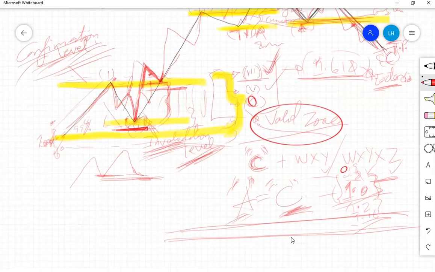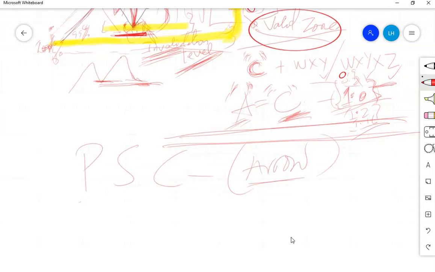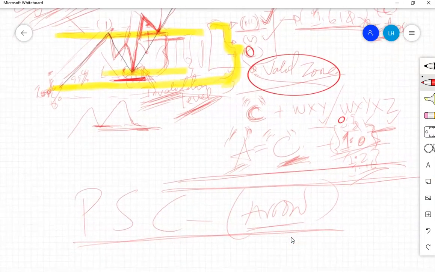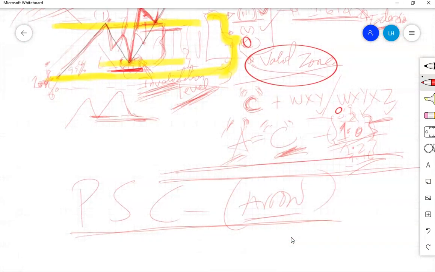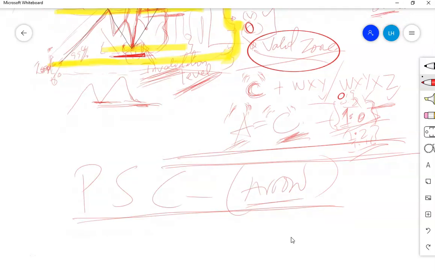So now, based on the PSC strategy, or what we call the arrow strategy, it's very, very important to understand the structure of corrective waves if you need to trade profitably. If you need to trade profitably, you have to have a great understanding of corrective structures, because we have said that